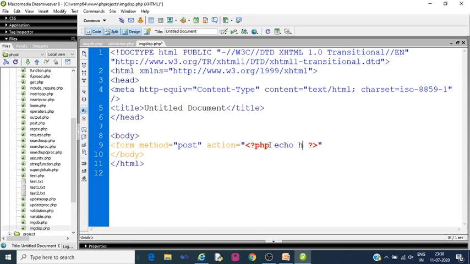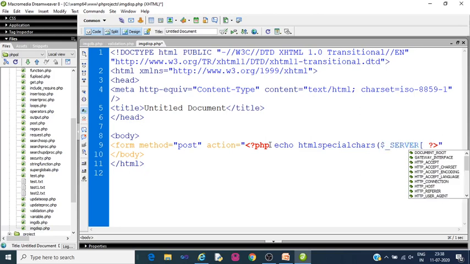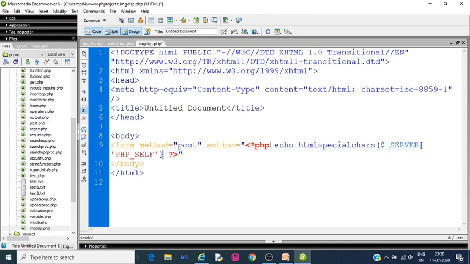Echo htmlspecialchars($_SERVER['PHP_SELF']). That's it. And then we will just close this tag and slash. And we will need this ID. I'm just making this ID,